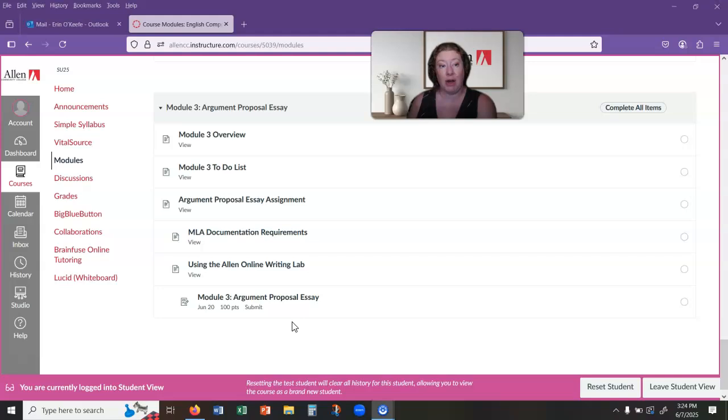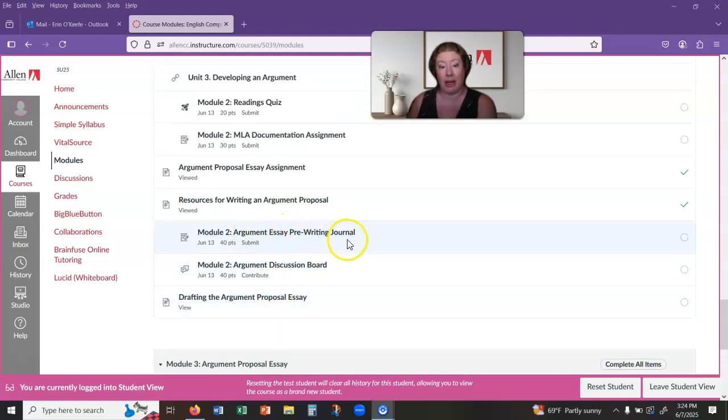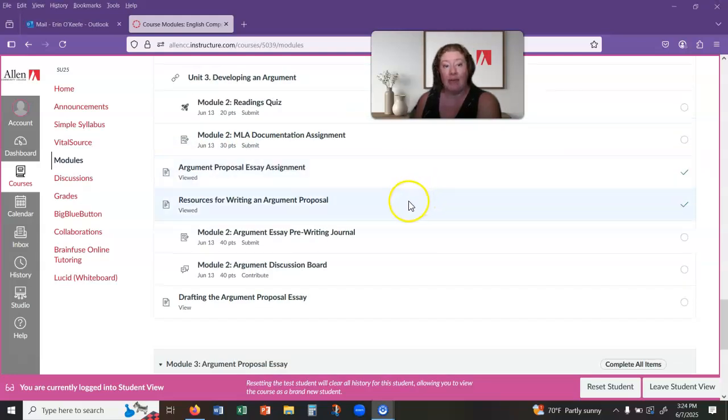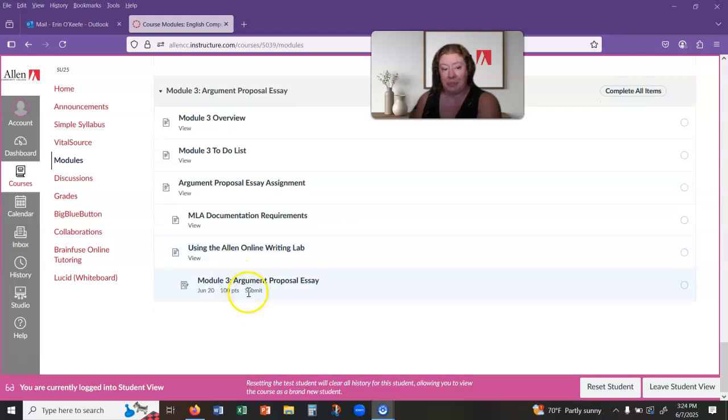to write it. Now in Module 2, if you remember, you did this pre-writing journal. That was intended to help you find your topic for the argument proposal essay. So the first thing you want to do is go back and look at the journal and see what my feedback is. I try to grade any type of pre-writing immediately after the module ends. That way students can get feedback right away and know whether or not their topic will work for the essay. You don't necessarily need my approval, but once you look back at what I've said for your pre-writing journal and anything else that's been graded,